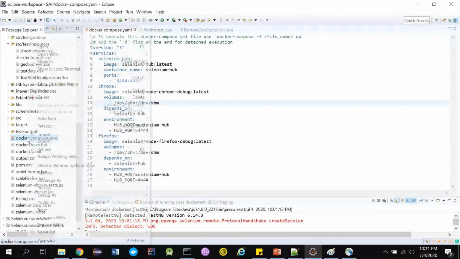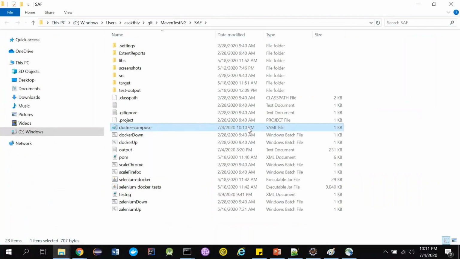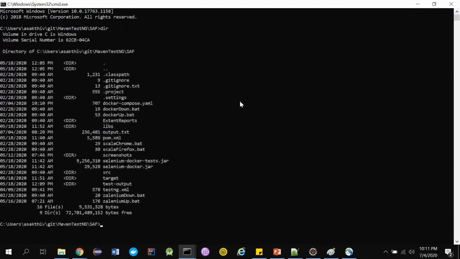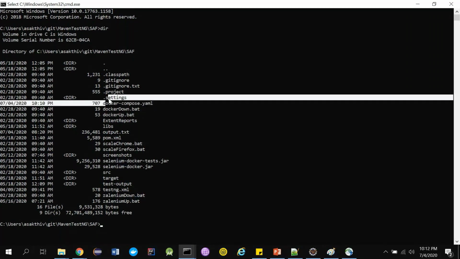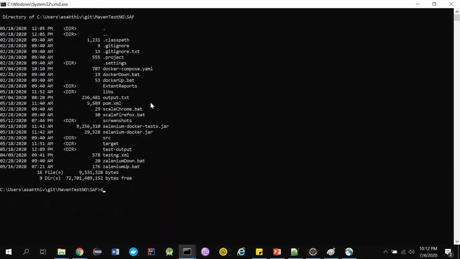I have this docker compose file in a particular location, so let me quickly go to that location. You need to go to the location where this file is located to run this command. This file is located here, guys. So I am opening a cmd here. In this location, if we do a dir, you can see there is something called a docker compose yaml file. If the name of the file is docker-compose.yaml, then you can directly run them using one simple command, docker hyphen compose.